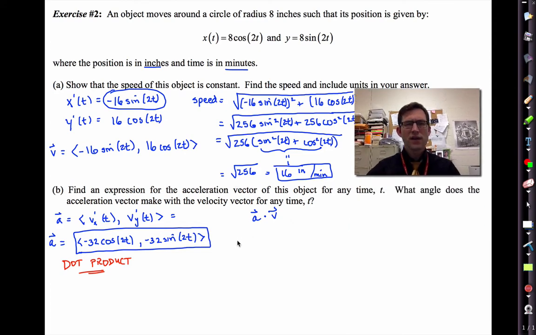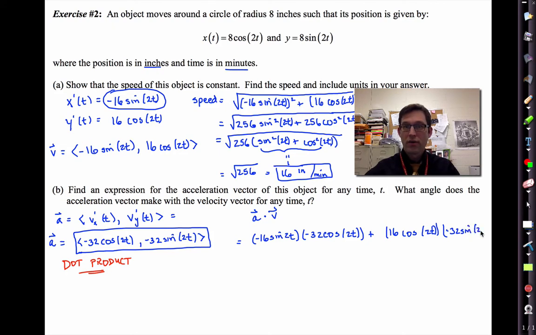So let's dot A with V. You know how to do the dot product, right? It would be negative 16 sine 2t, that's the x component of the velocity, times the x component of the acceleration, plus now the y component of the velocity,